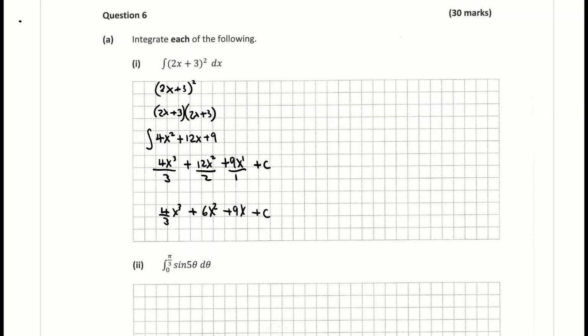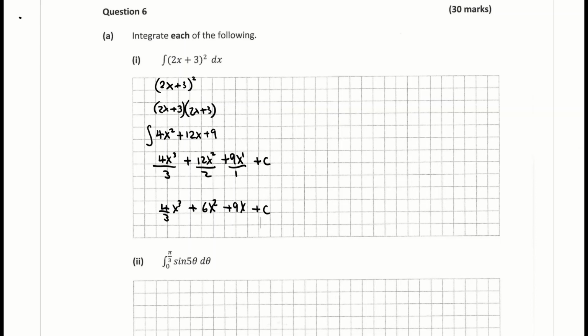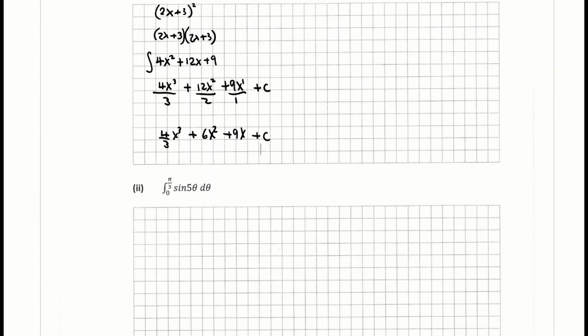And that's A part 1 done. Coming down now to integrating trigonometric functions. It's asking us now to integrate sine 5 theta, and then we have our limits here, our integral from pi over 3 to 0. First of all, using our log tables, my little rule here is